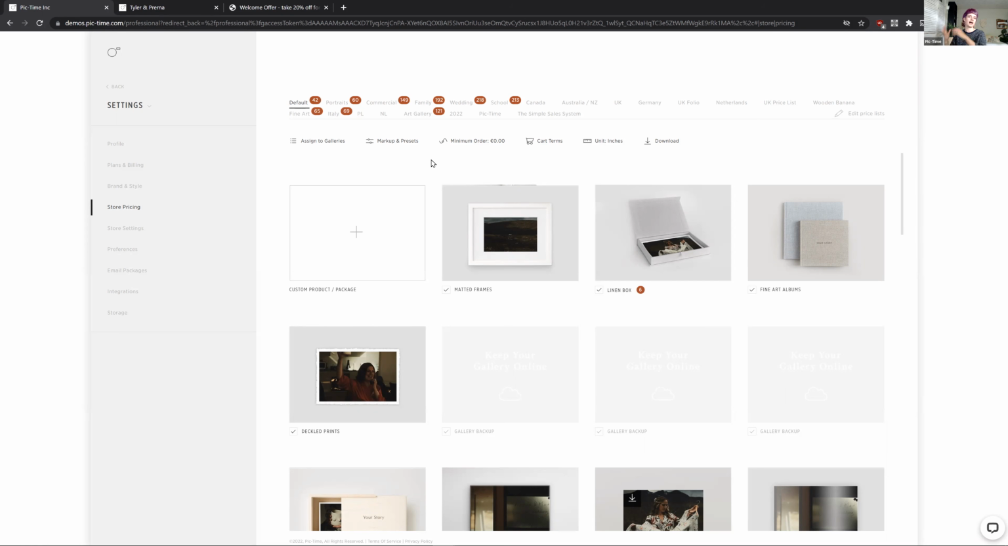So for example, I have a wedding price list for all of my wedding clients that has a little bit of a higher quality printer and some of the higher quality products available to my clients. And then for the family price list, I have a slightly different printer with slightly different products, because in theory, my families are going to be coming to me year after year to be photographed. So you do want to keep your clients and the type of photos that you do in mind when setting